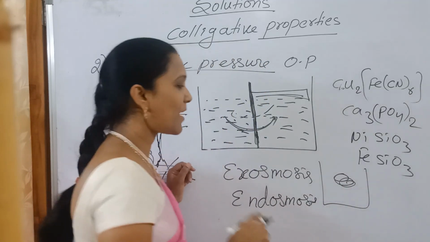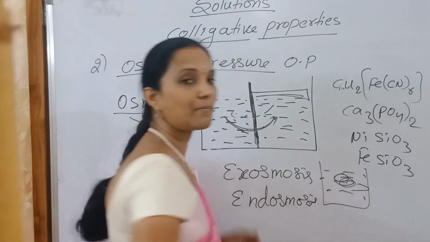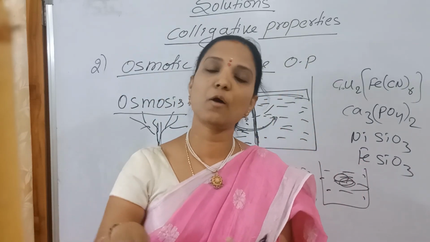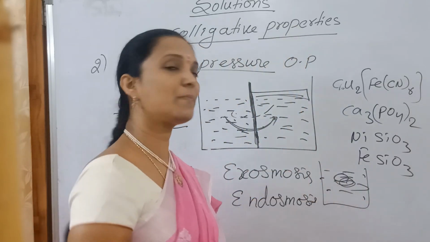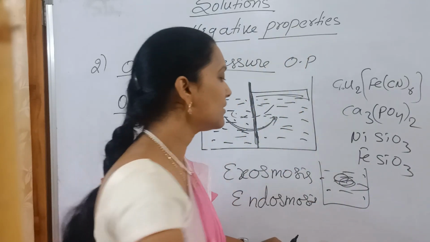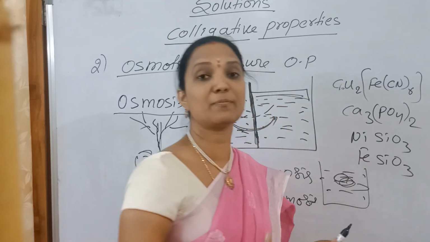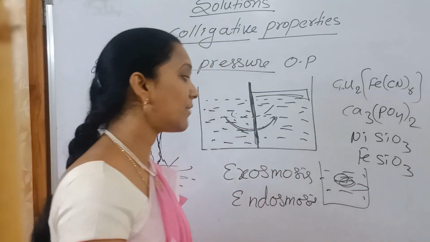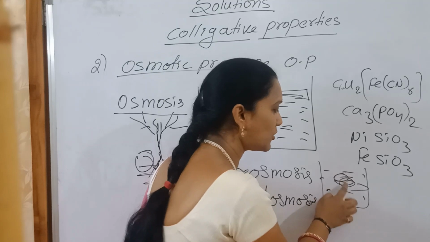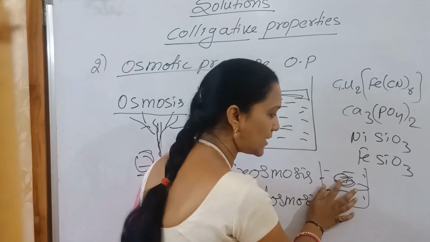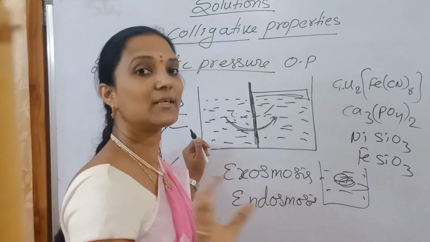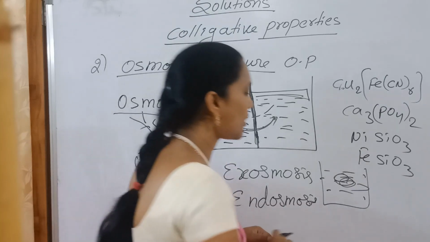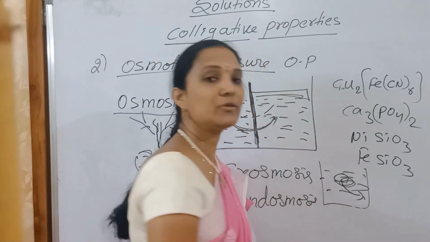This is a mango piece. Mango pieces are placed in salt, with a lot of salt, so the outside is concentrated and the mango piece is dilute. That's why, for preparing pickles, more salt must be added. Why more salt? The mango contains water, so it is taken as dilute, and the outside, with more salt added, is concentrated. The cell wall acts as a semi-permeable membrane, so water flows from dilute to concentrated.